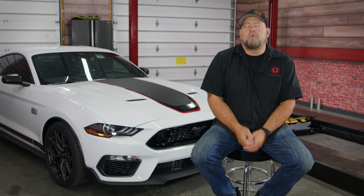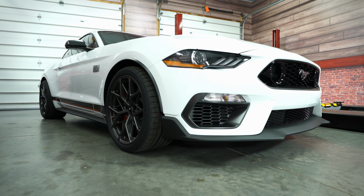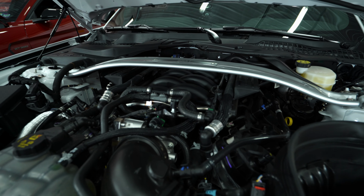Now in this corner, you have the 2021 through 2022 Mustang Mach 1. Now when the Mach 1 came out, a lot of enthusiasts were complaining that it's a parts bin car. Well, in this case, that's not an insult, that's a compliment because Ford raided the right parts bins when they built the Mach 1. Under the hood, Gen 3 Coyote stolen from the Mustang Bullet, featuring the GT350 intake manifold,